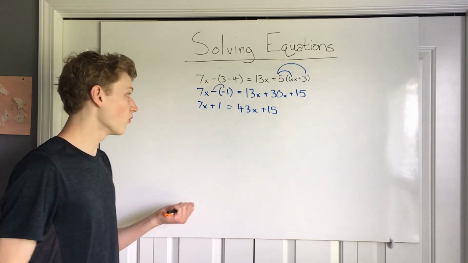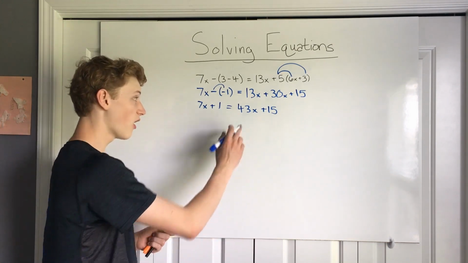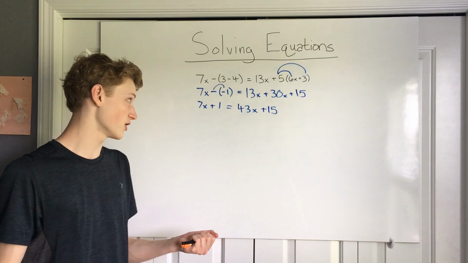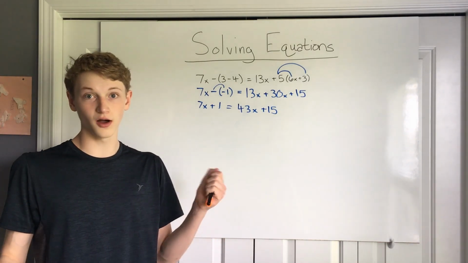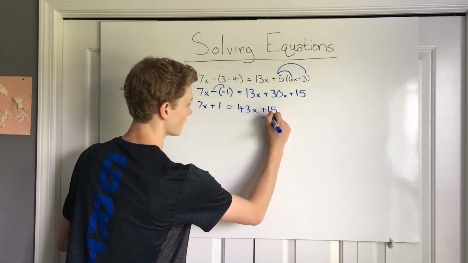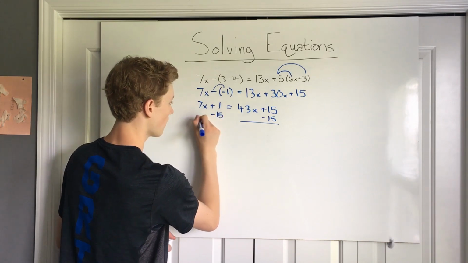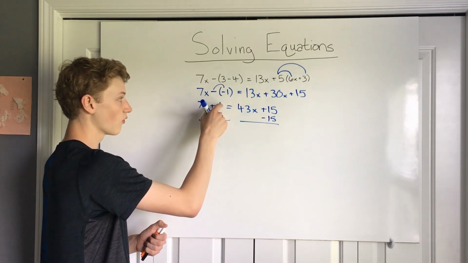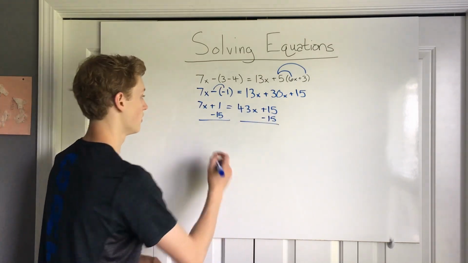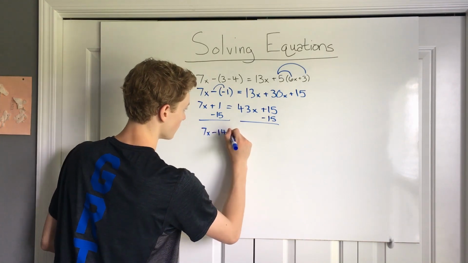Now what do I do? Well, I have to get all the variables on one side and all of the numbers that aren't that variable on the other side so that I can divide by a coefficient in order to find what only x equals. So I'm going to subtract 15 from both sides. And I can only subtract or take the difference of the numbers that don't have an x in them. So I'm going to get 7x minus 14 equals